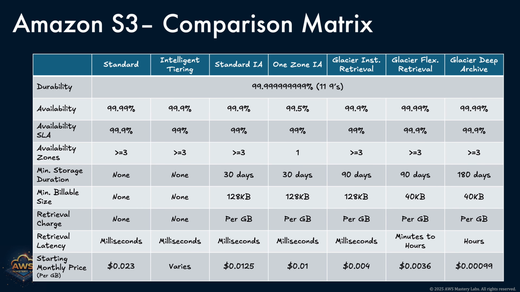Now that we've explored each S3 storage class in detail, let's bring it all together with a final summary comparison. Amazon S3 offers a wide range of storage classes, each tailored for specific use cases, access patterns, durability, and cost considerations. Whether you're storing frequently accessed web content, long-term backups, or regulatory archives, there's a storage class that fits your needs. At the top end, S3 Standard delivers high availability, low latency, and no retrieval costs, ideal for performance-sensitive applications